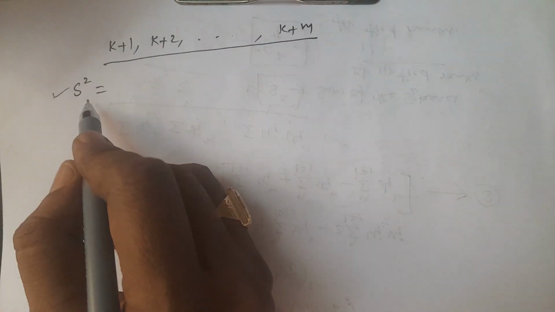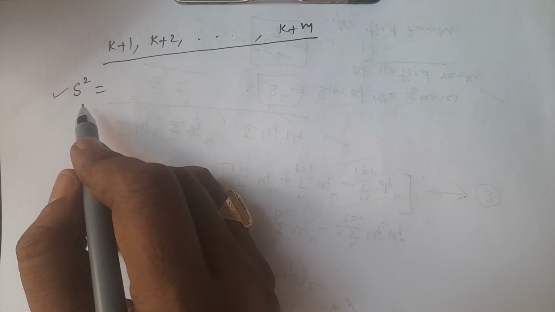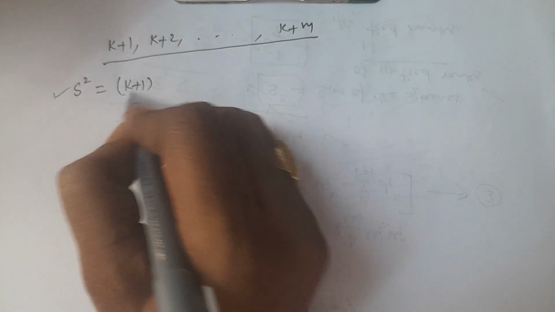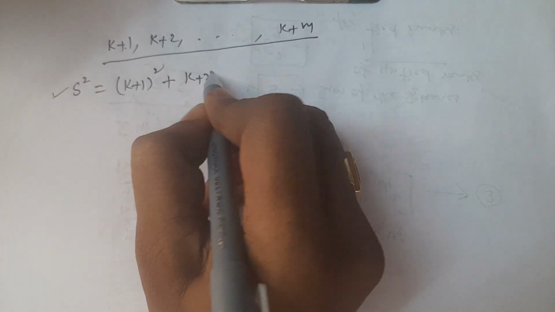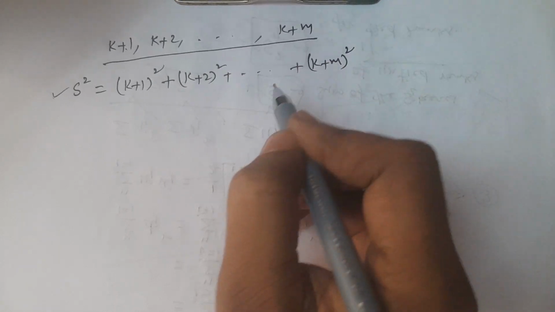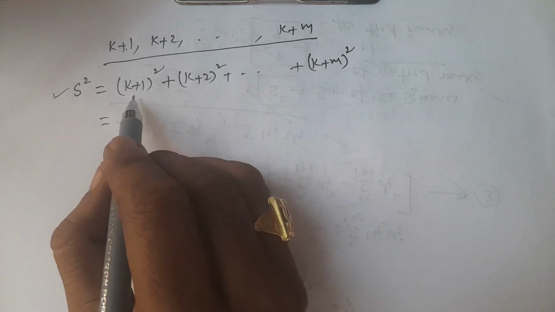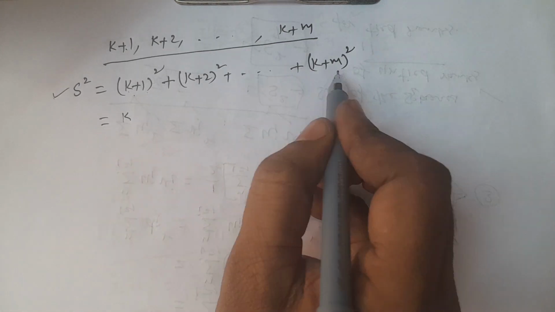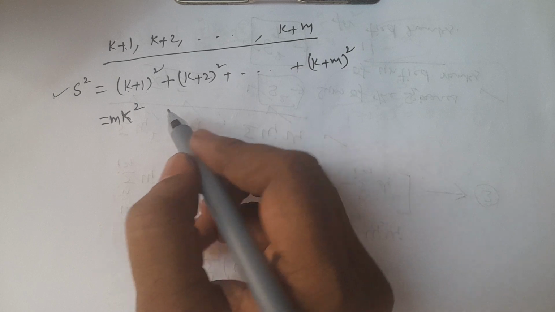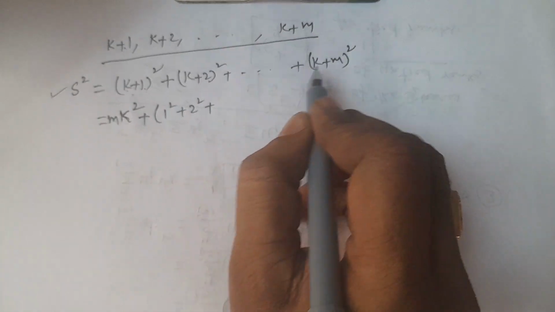So first of all, without ties, let us consider untied ranks. The sum of the squares for untied ranks, that is s square, will be simply the sum of the squares: k plus 1 whole square plus k plus 2 whole square and so on plus k plus m whole square. Each term is of the form a plus b whole square. So the a square terms: k square plus and so on plus k square. How many k squares? m k squares, plus the b square terms, 1 square plus 2 square and so on plus